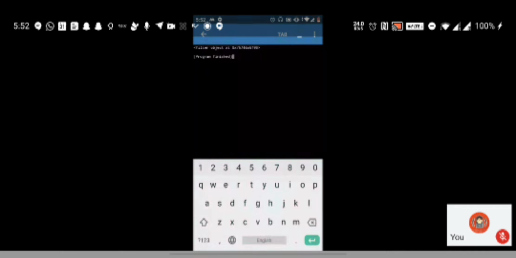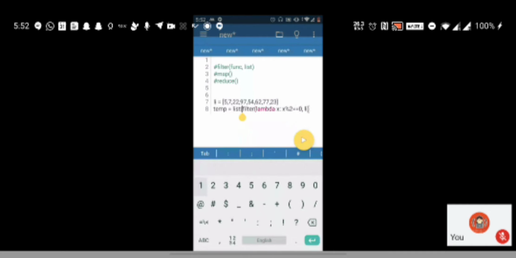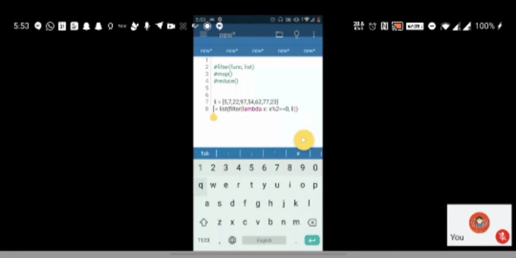Okay, so this is a filter object. So I'll have to convert this into a list. This is in some other data type that we will see later. What we have to do is convert it into a list, because finally we want a list. So if I check this.